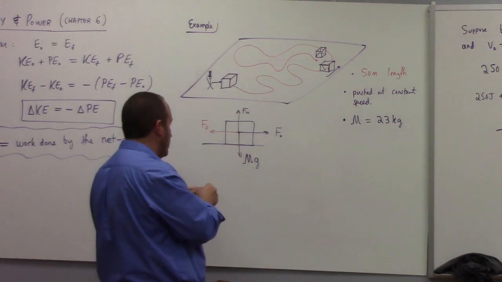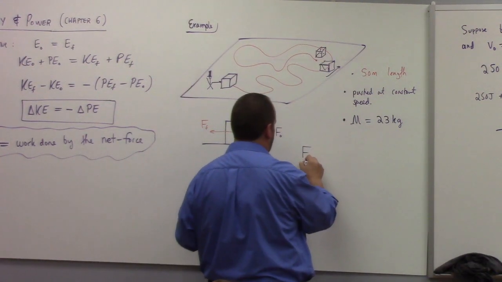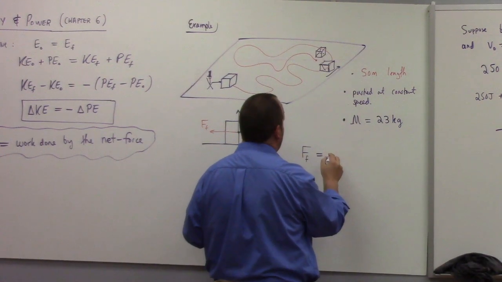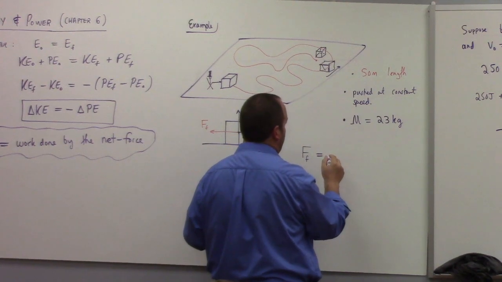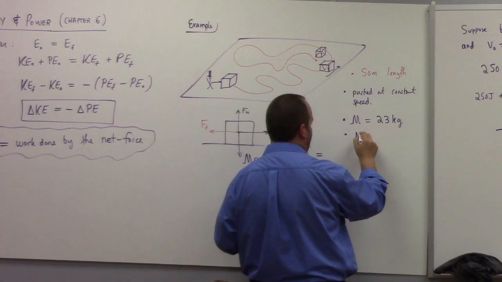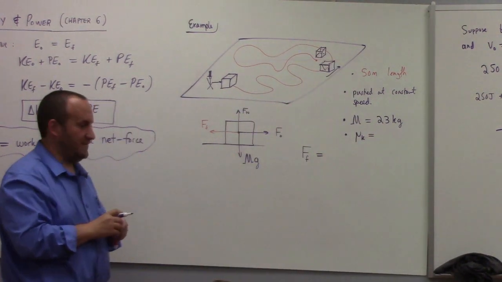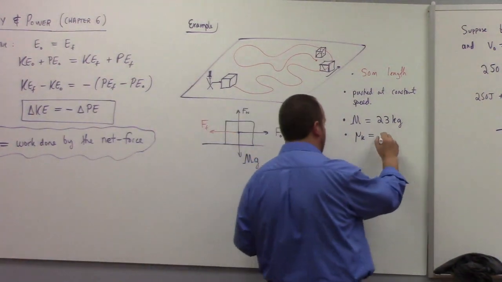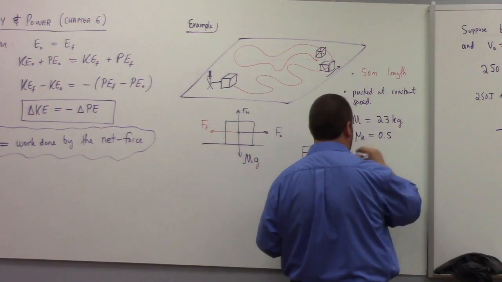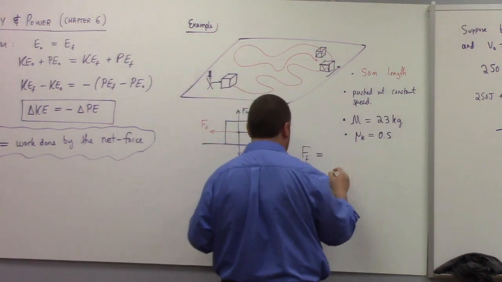Okay, so what is the friction force? Oh, I guess I need to tell you that too, huh? We need a mu sub k. What do you want the coefficient of friction to be? 0.5. That's a pretty good choice. You'll see why I say that in a few minutes. Force of friction, 0.5. So anyway, we have